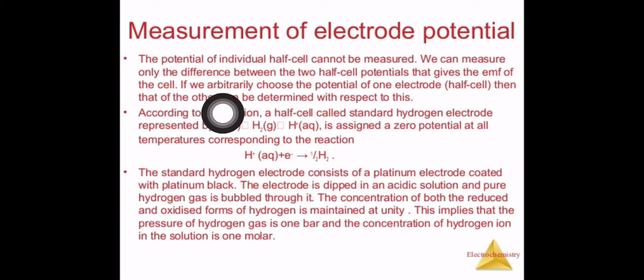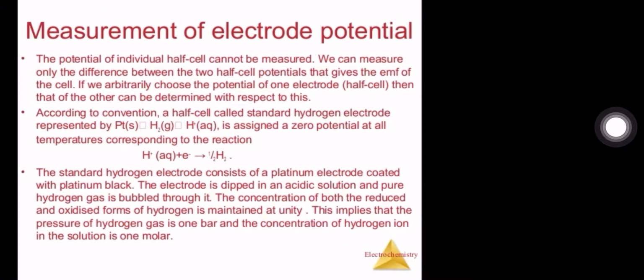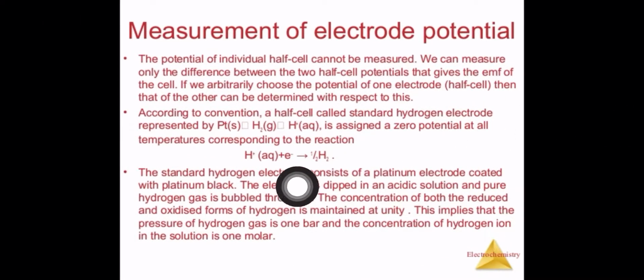If we arbitrarily choose the potential of one half cell, then the other can be determined with respect to that. Okay, that means for this we should know at least the potential of one half cell. If one half cell potential is known, then the other half cell potential can be obtained. But initially we should know the potential of the electrode of any one. Okay, so according to the convention, a half cell is called the standard hydrogen electrode,